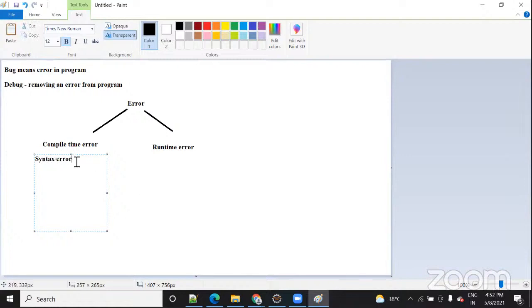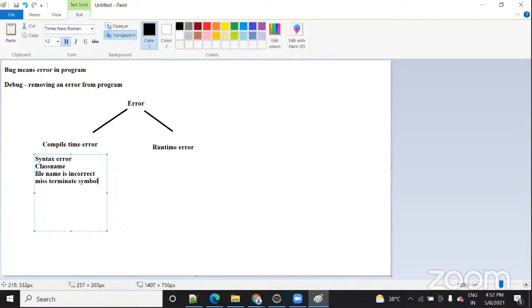Syntax error. Like for example, the class name, as I've shown you, we have written an incorrect class name. Suppose the file name is incorrect. You miss the terminate symbol.